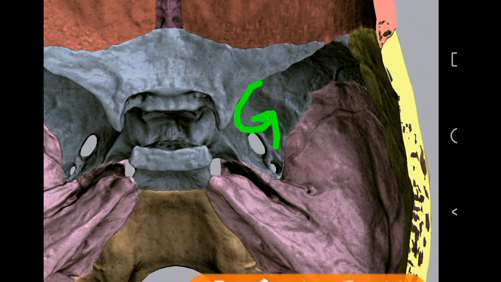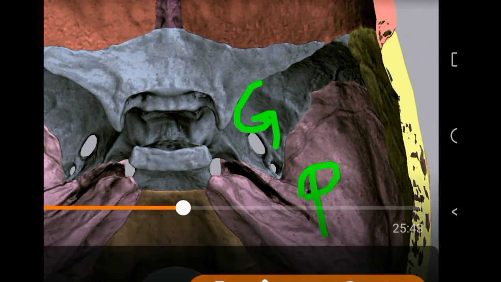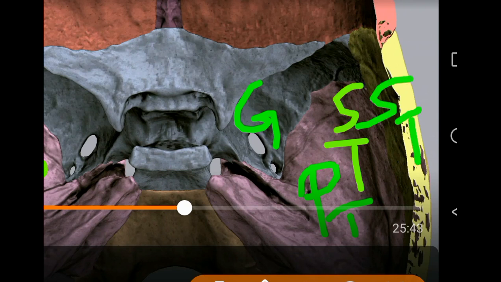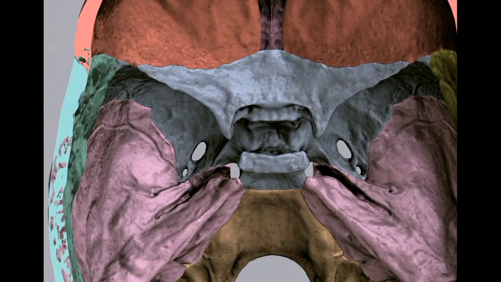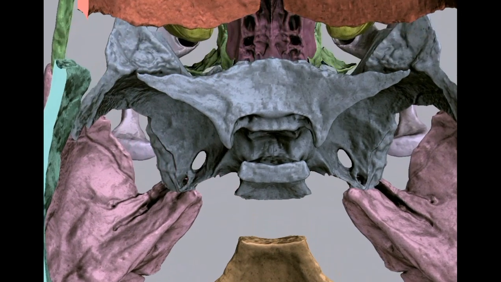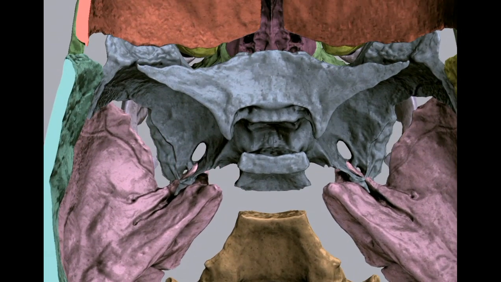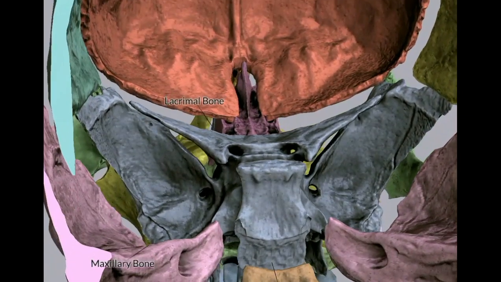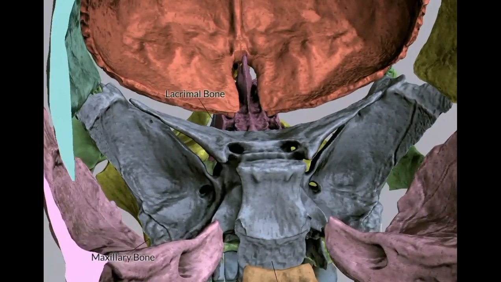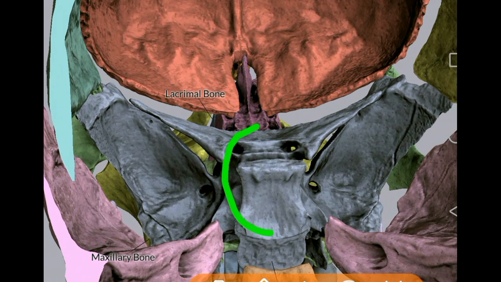You can see again here, greater wing of sphenoid, petrous part of temporal bone, and here it is the squamous part, the squamous part of the temporal bone. The temporal bone has different parts. You can see here how it is there. This is how you see the lateral parts, and you can see how the temporal lobes will be lodging here.